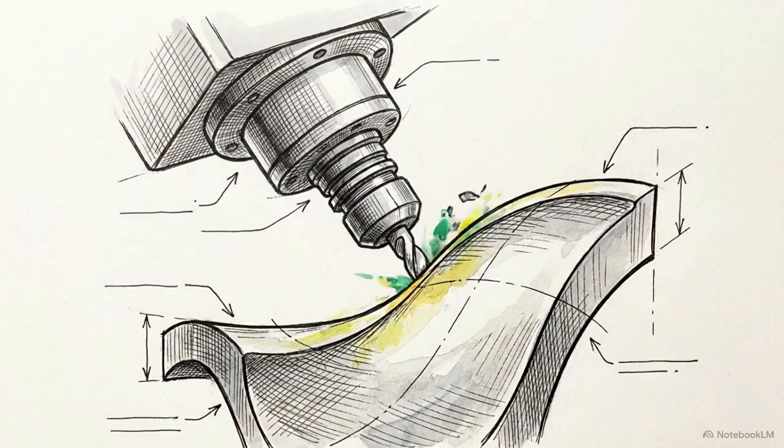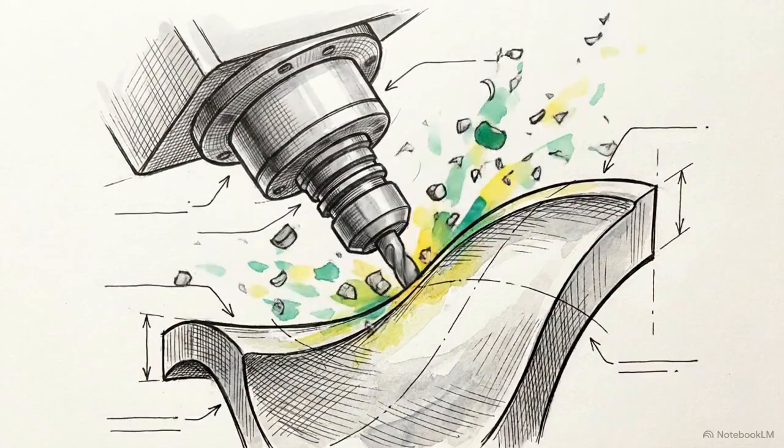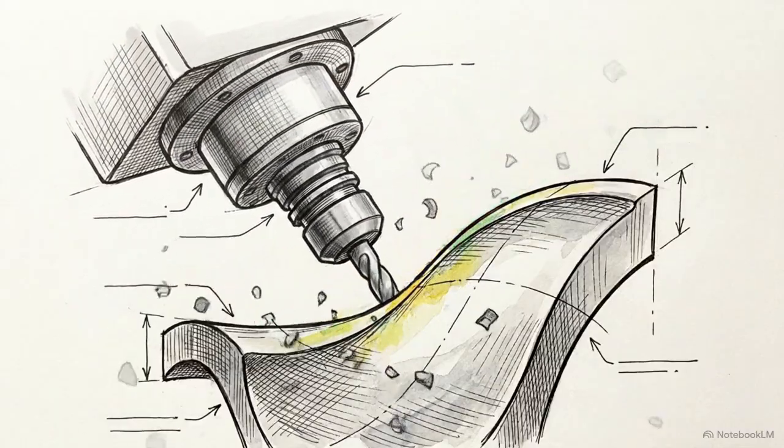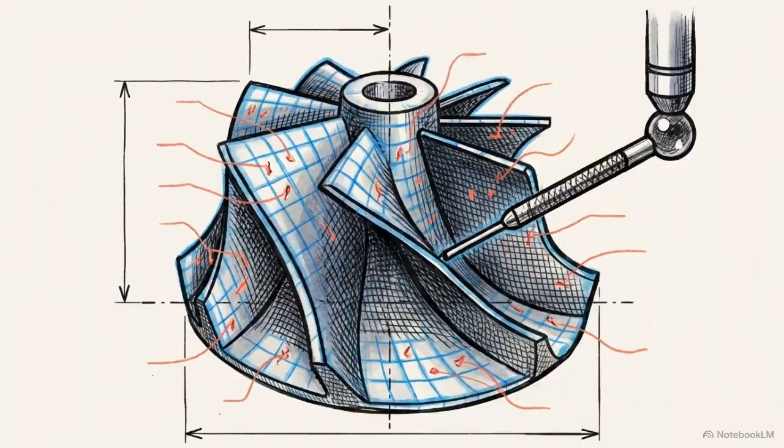As we see in this 5-axis CNC mill cutting a curved surface, tool deflection, thermal expansion, and machine vibration cause physical deviations. The profile tolerance zone acts as the definitive net to catch these specific thermal and mechanical form errors before the part leaves the shop floor. To verify these